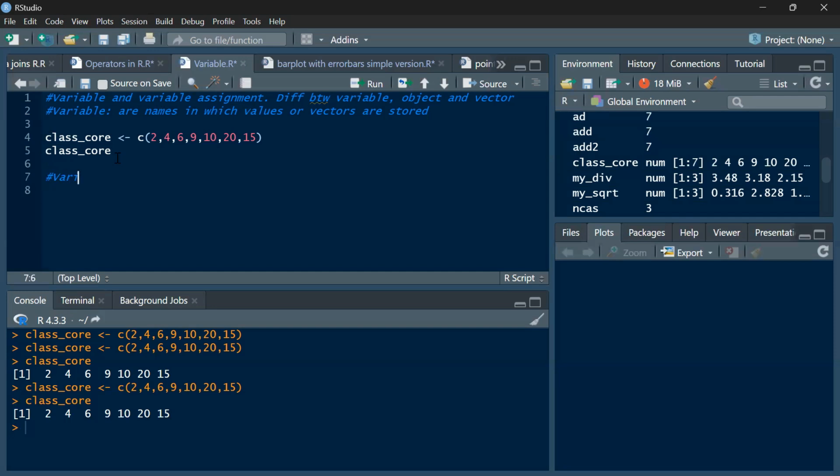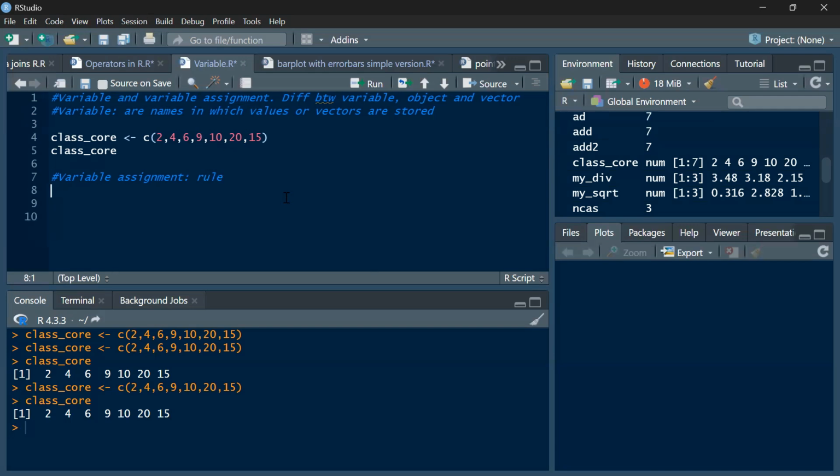Variable assignment. We have already done this, and then you specify the vectors that you want to assign to this variable name. But there are some rules that you need to follow for you to have a successful variable assignment. I'm not going to deal with all, but I'm just going to give you the basic rules that you need to follow. Number one, the name of your variable must not start